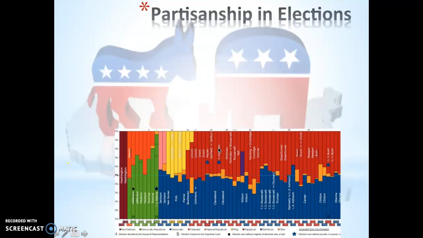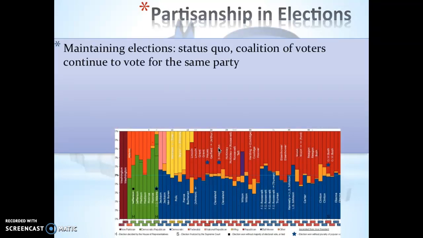Okay, partisanship in elections. So this is a continuation of the development and the adaptation of the political parties. It's been updated in 2018 to reflect the election of Donald Trump. Partisanship in elections. Okay, so when you look at the history of which political party has held the White House,